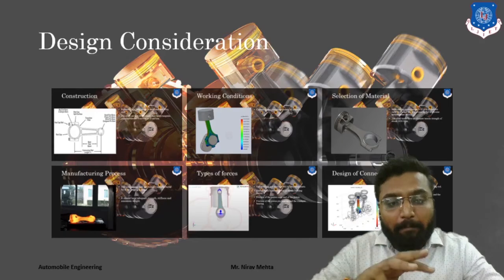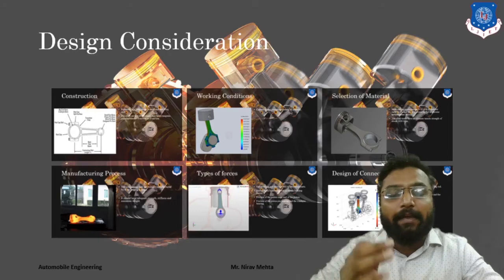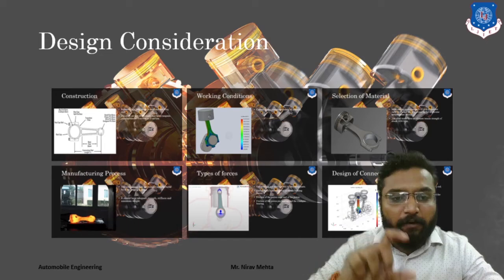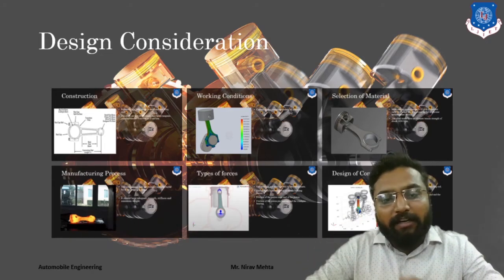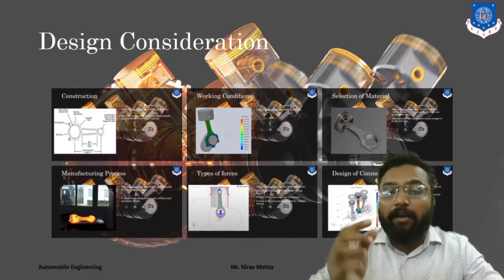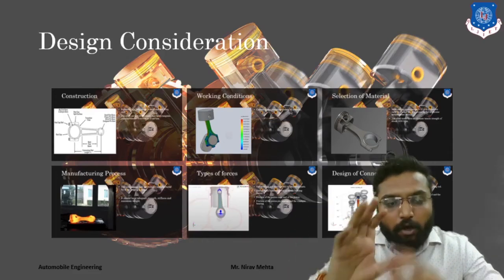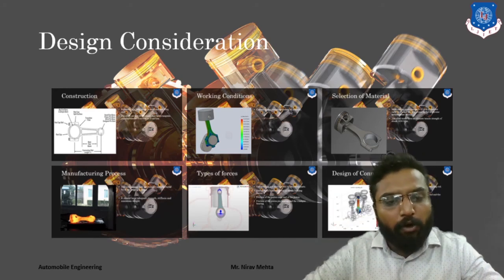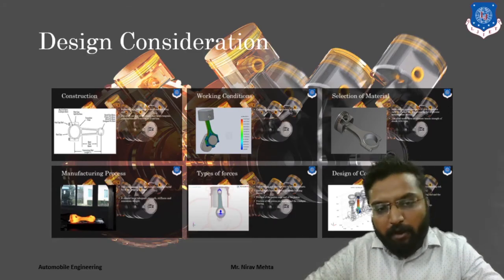Then we are going to determine the material depending on the forces acting on them, or you can say the capacity of our engine. Then depending on this material selection and function of our component, we have to select the manufacturing process of our connecting rod and ultimately determine the different types of forces acting upon them and design the geometrical aspects of the connecting rod depending on those forces. So in this session, we have discussed different aspects and an introduction to our connecting rod. In the next session, we are going to discuss the case study, or you can say the design aspect of the connecting rod.